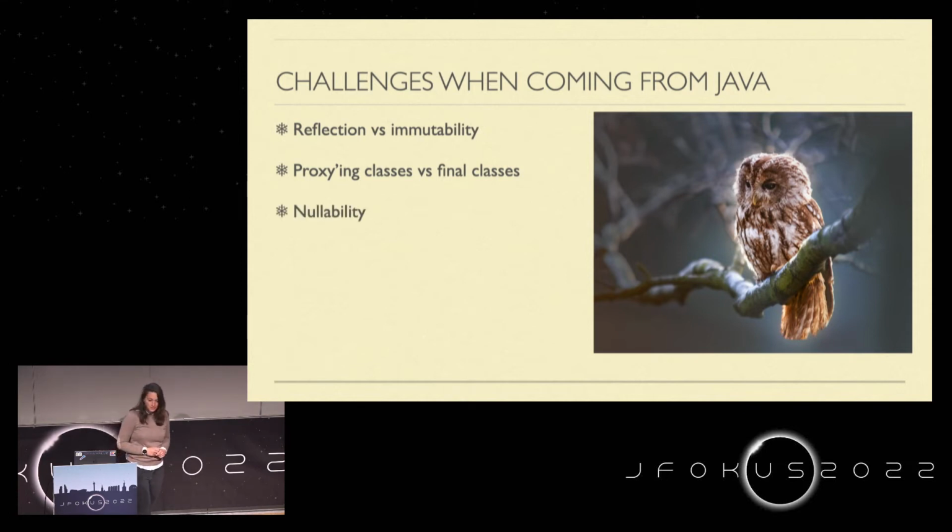And of course nullability. If you're using Java libraries in your code base, you will see that all the types are nullable, which is a fact. All the Java types are nullable. So if you're using that library, the types in that library will be nullable. Which means that you need to check for null throughout your whole application if you don't deal with it properly. And that's something you don't want if you're choosing Kotlin.